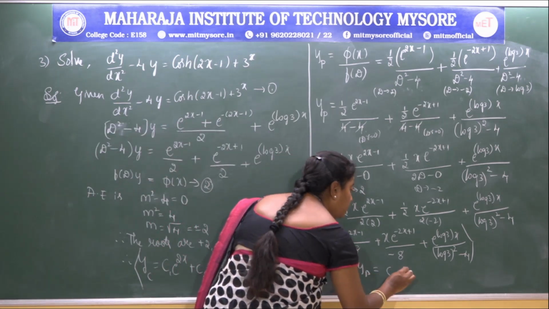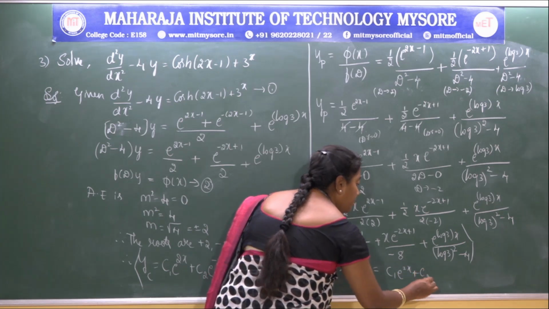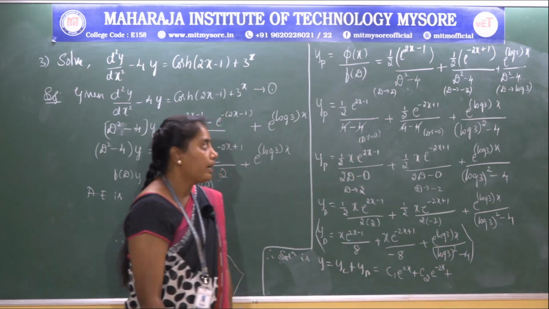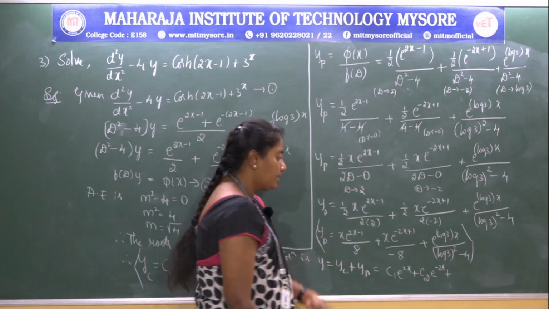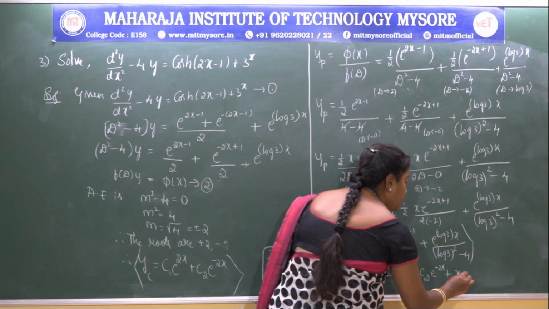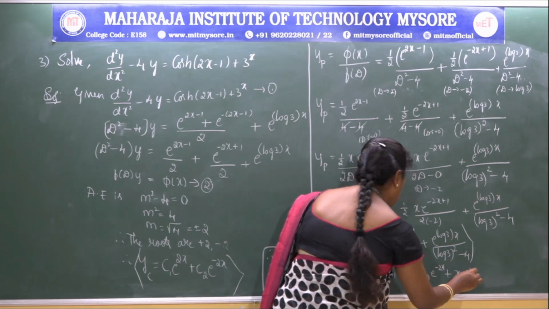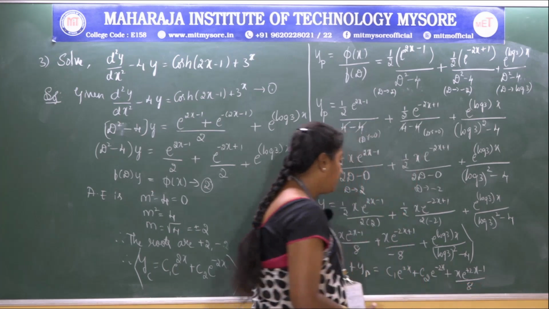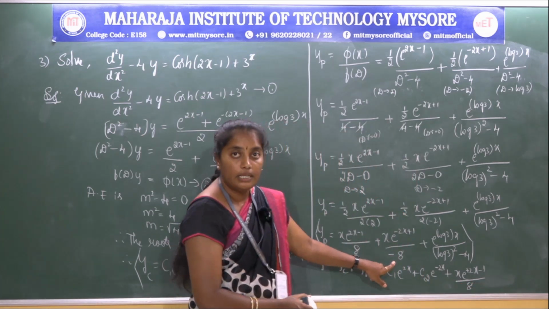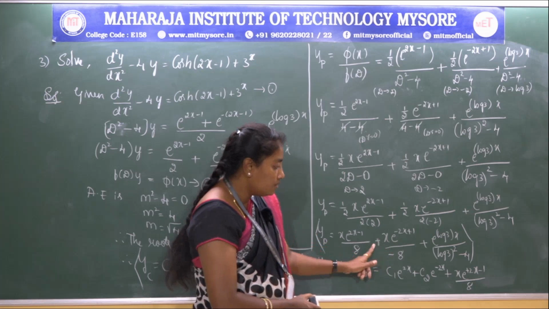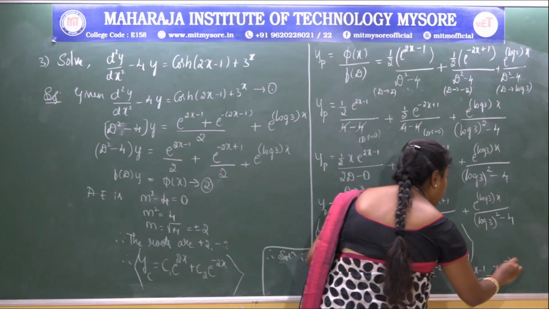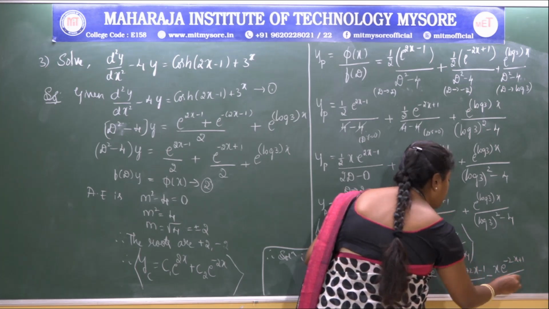Plus the yp value, this complete solution: x into e power of 2x minus 1 by 8. Here we have minus 8 in the denominator. Multiply this, plus into minus, we get minus x into e power of minus 2x plus 1 divided by 8,